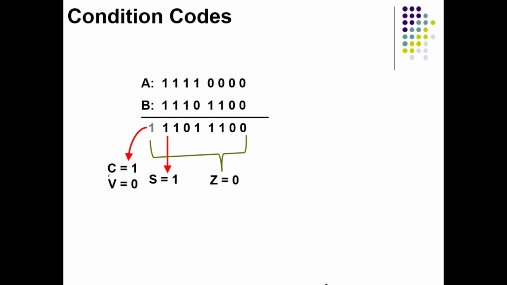And then the overflow and zero flags. See, the overflow flag is considered during signed number operations, and it is the same as the carry flag. But since here I have considered this as an unsigned number operation, I am considering only the carry. Zero flag: you can see here, this entire result value is not 0. The result becomes 0 only when all 8 bits are 0, but here the result value is not 0, so the zero flag is 0. Otherwise the zero flag will be 1 to indicate that the result is 0.